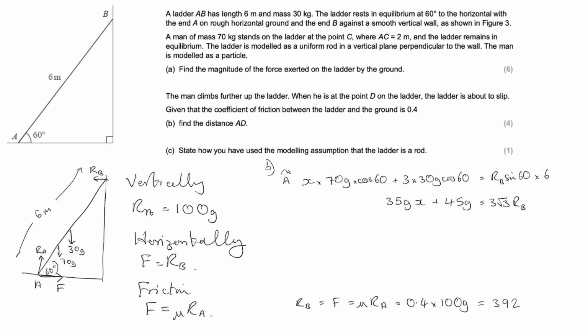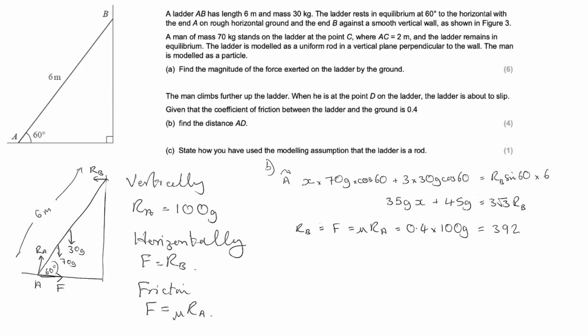And I've said, well, RB, which is equal to F from resolving horizontally, and F is equal to mu RA. Mu is equal to 0.4, and RA hasn't changed. When we resolve vertically, RA is still going to be equal to 100G, and that works out to be